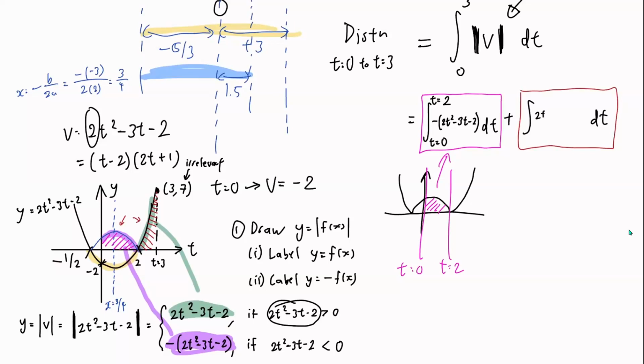2t squared minus 3t minus 2t. Okay, t equals to what to what? T equals to 2 to t equals to 3. 2 to 3, and let me just draw a quick sketch